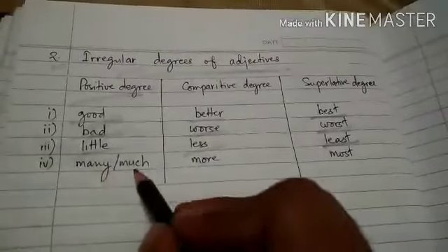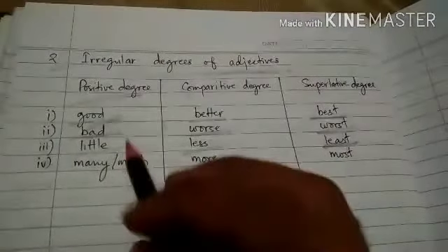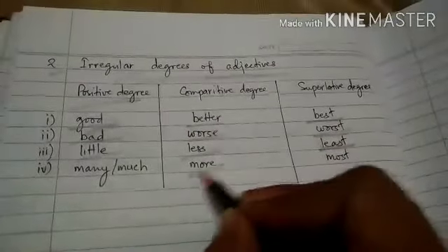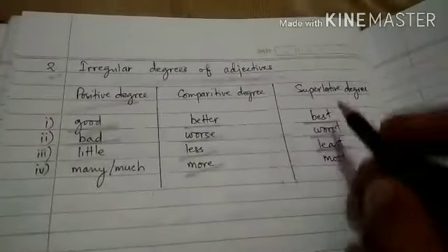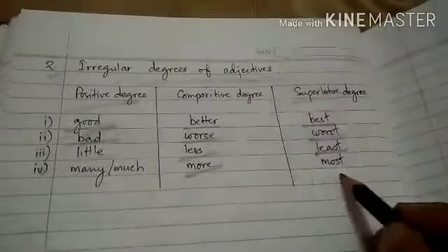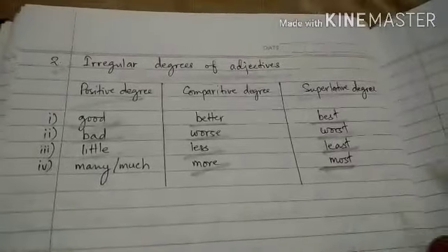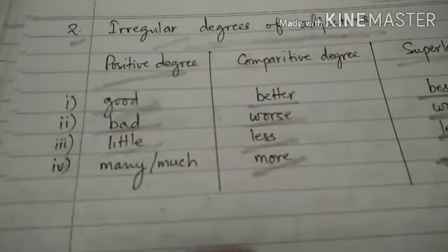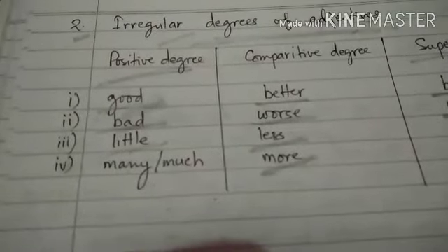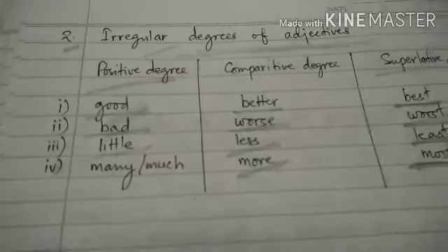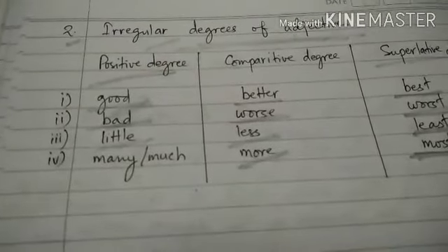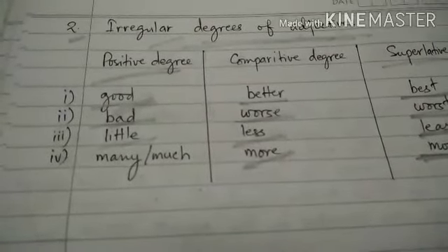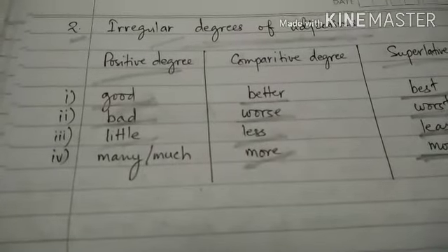Many or much, दोनों, both of them are positive degree, and whenever both of them are changed in comparative degree, more we have to use, and when they are changed into superlative degree, most we have to use. Okay, now we are left with upward degree of adjectives and downward degree of adjectives that we will understand in class itself. Okay, students, so I hope you have understood the degrees of comparison of adjectives, and now you are able to form or frame the degrees of adjectives.